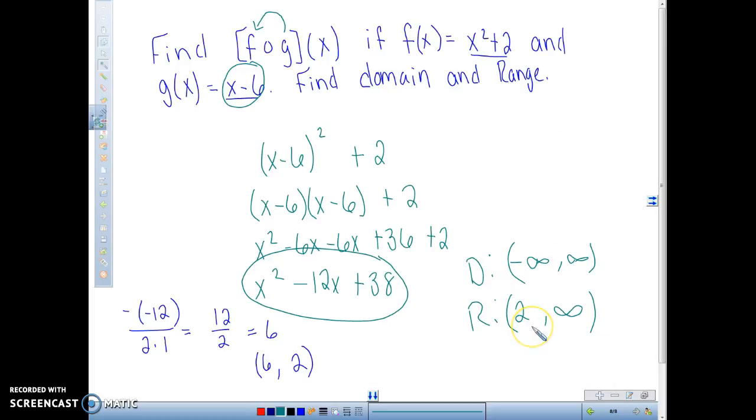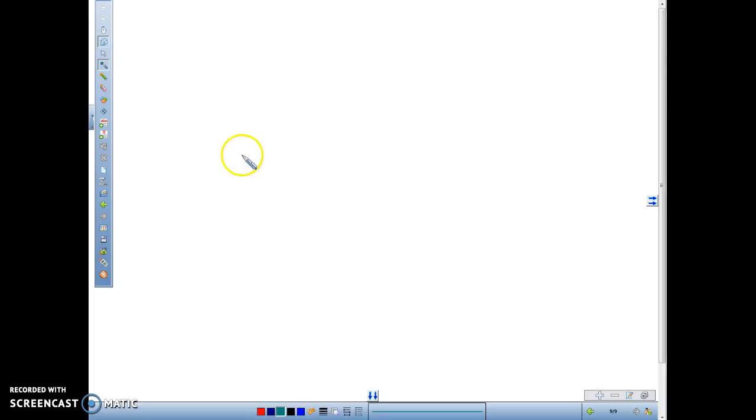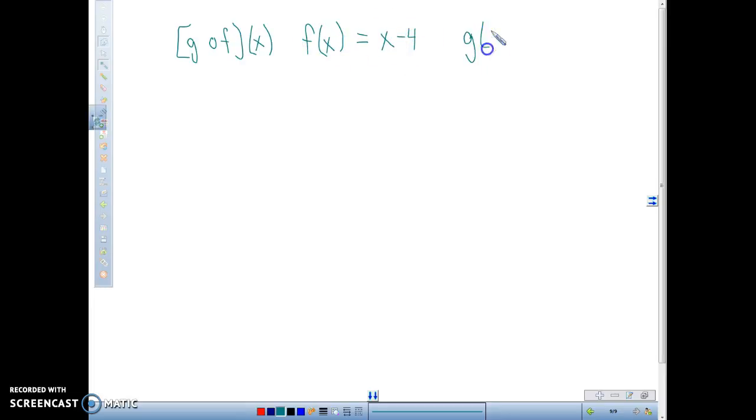For our next problem, I want you to find g of f. So if the function f is equal to x minus 4, and the function g is equal to x squared minus 10, we also need to find domain and range on this. So what we're doing is we're taking the f function and plugging it in for g. So here's our f function, and we're taking it and plugging it into the g of x function for x. So you have x minus 4